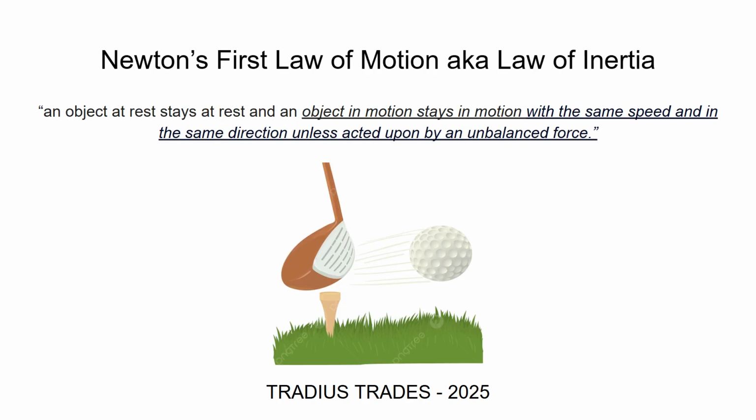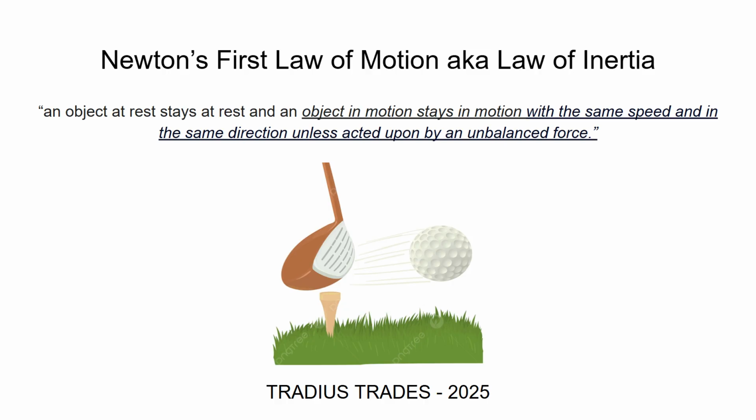Newton's first law of motion, also known as the law of inertia, states that an object at rest stays at rest, and an object in motion stays in motion with the same speed and in the same direction unless acted upon by an unbalanced force. So why is that so important to us as speculators? Well, what it means to us is once the market starts going up and we're in an established uptrend, that market's likely to stay moving in that direction at the same speed and with the same force until something comes in to send it the other way. And on the flip side, for bearish trends, once a trend is going down, the market is likely to just keep going down based on this law of motion.